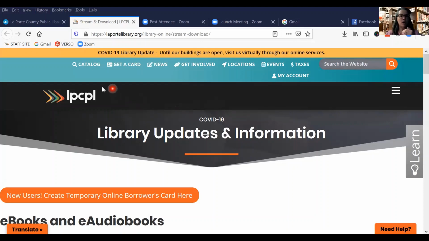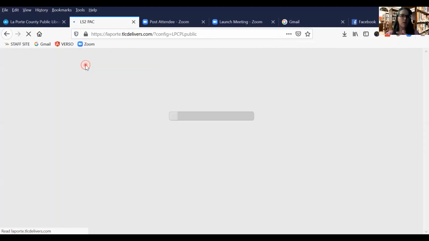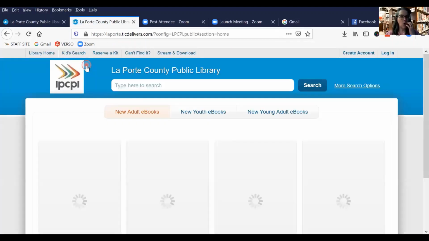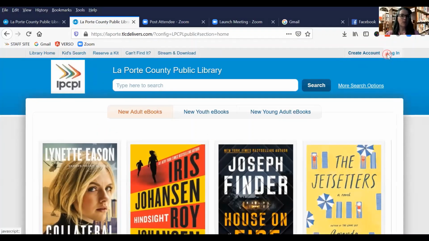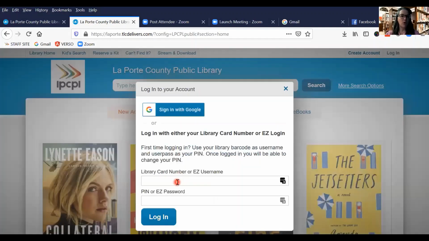And so most students end up starting at the online catalog. So students can totally access eBooks from the library's online catalog. So what they would do would be to log in, and I'm just going to log in. I'm logging in with my daughter's account,